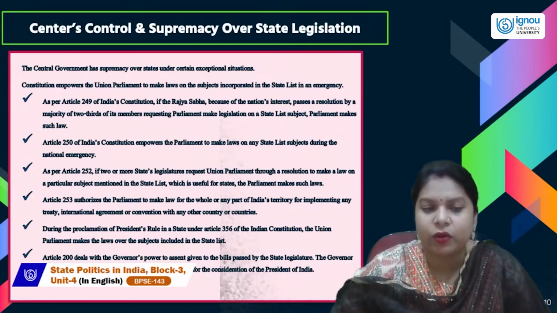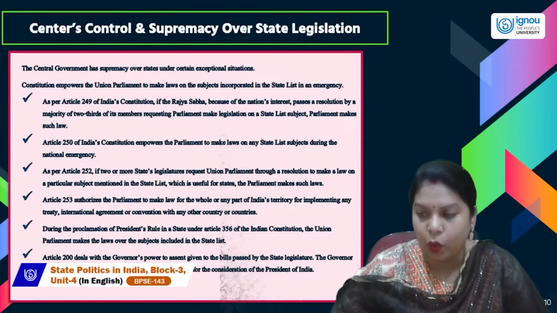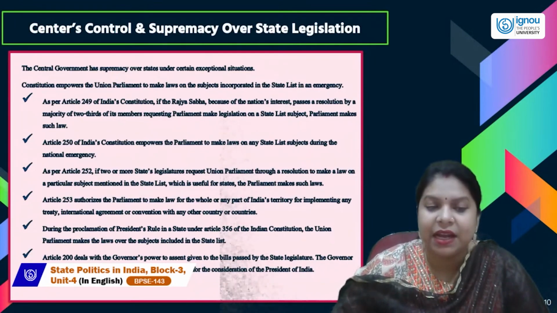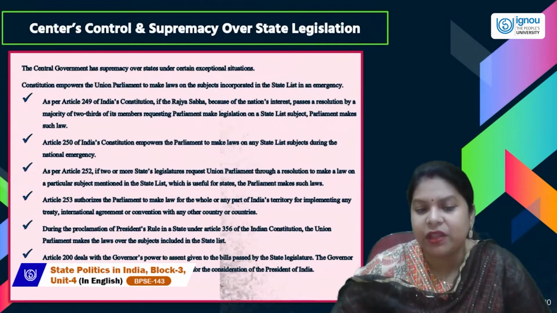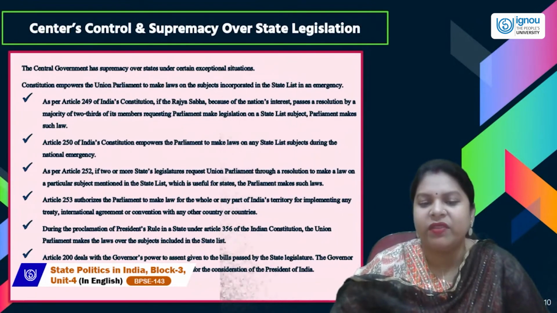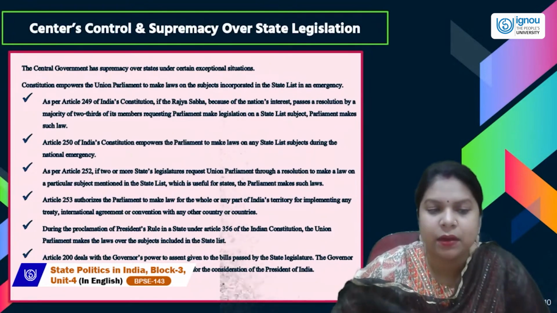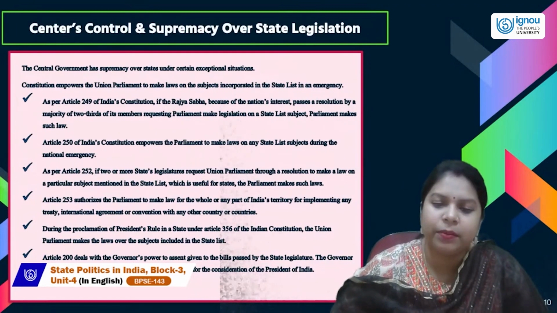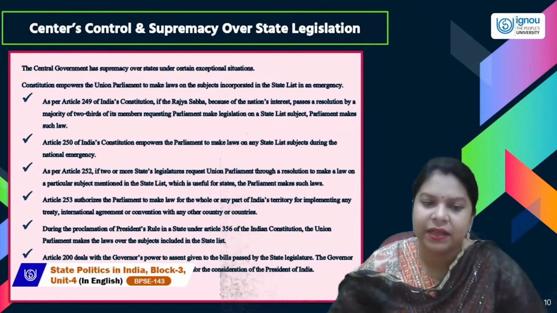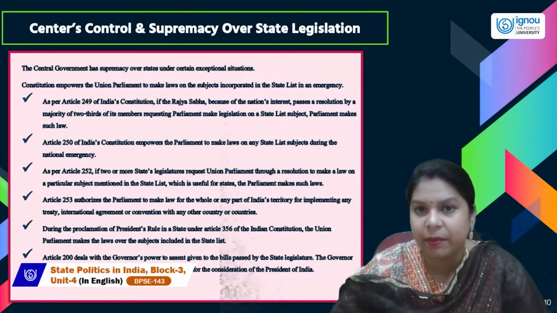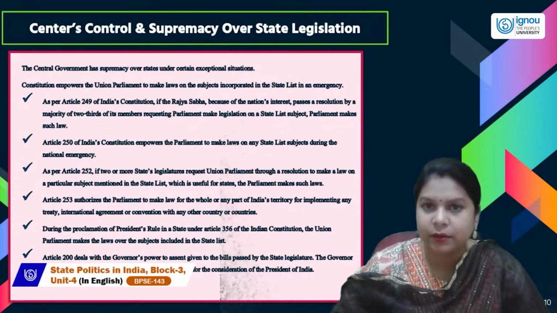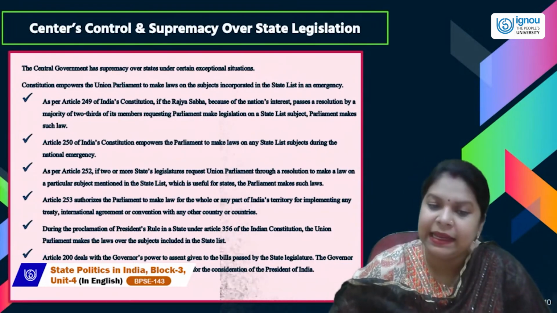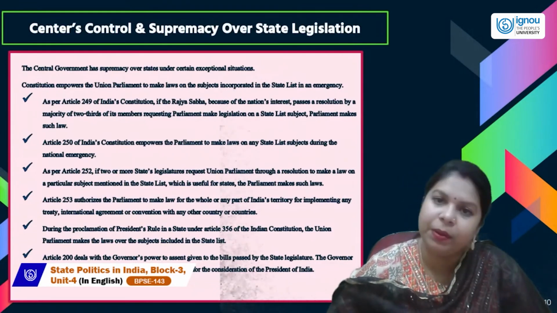Article 253 authorizes the Parliament to make law for the whole or any part of India's territory for implementing any treaty, international agreement, or convention with any other country or countries. So, if there is a treaty or agreement which Indian states need to sign, or an agreement which Indian states are part of, at that point of time, the Parliament can make law on any part of India's territory